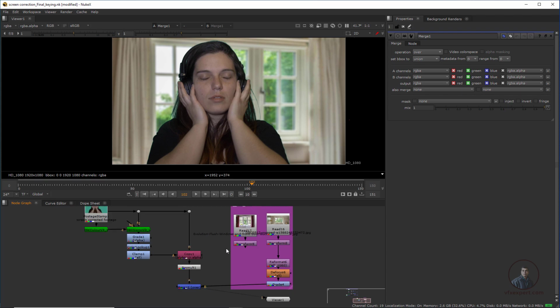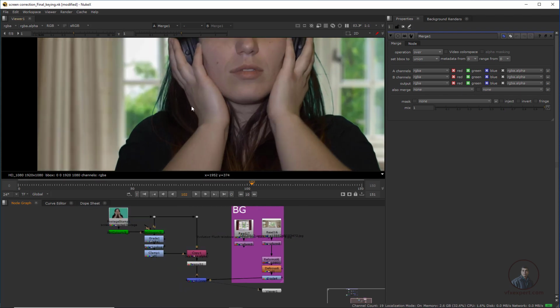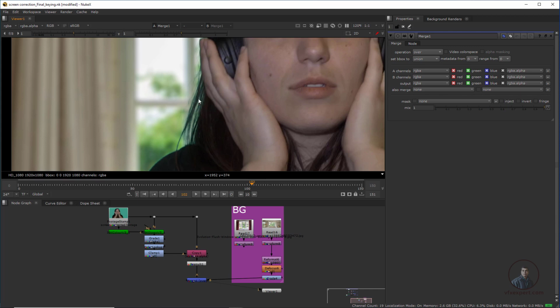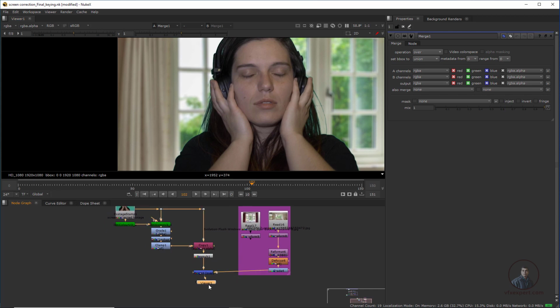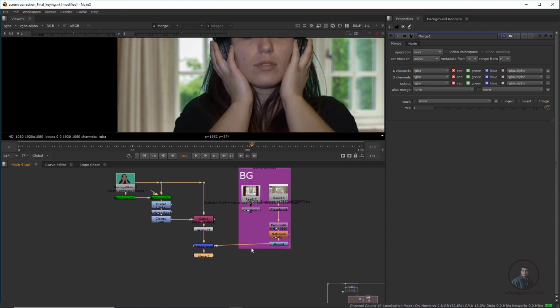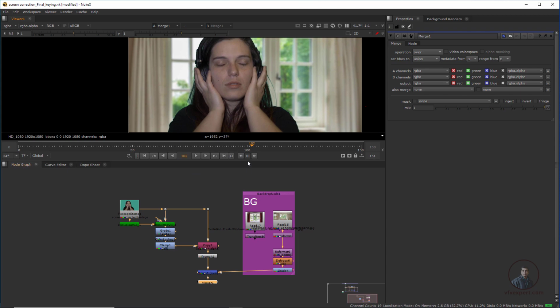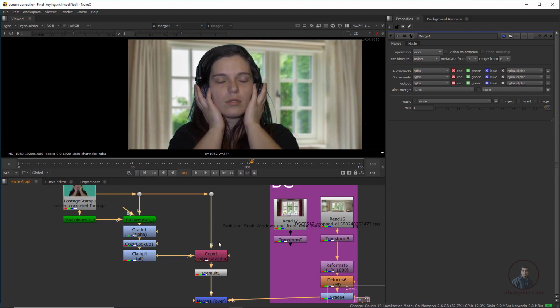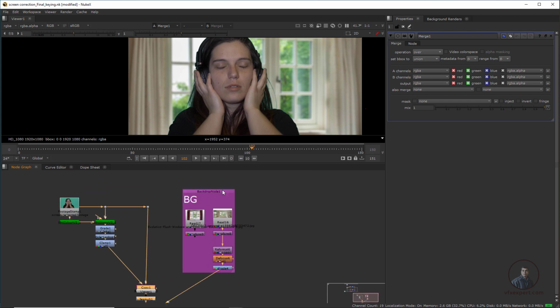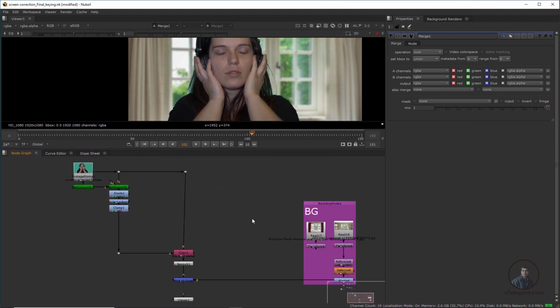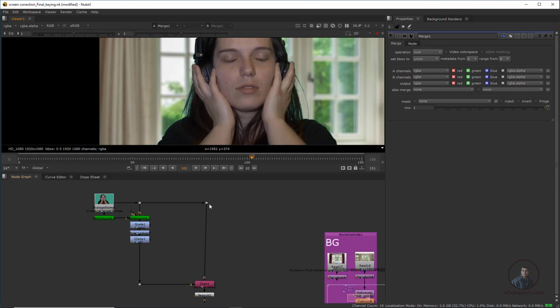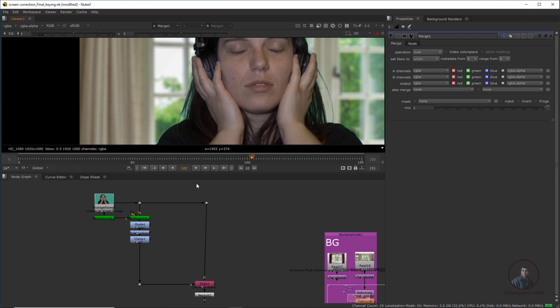After doing this, if you see in our composite, there are all these spills. This spill we have to remove from our footage here. For this, we have to adjust our flow a little bit, so we can easily understand here. So here I have adjusted the flow a little bit. Now I am going to start our spill suppression here. So how can we remove these spills here?